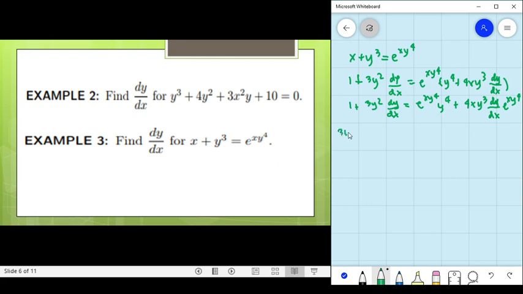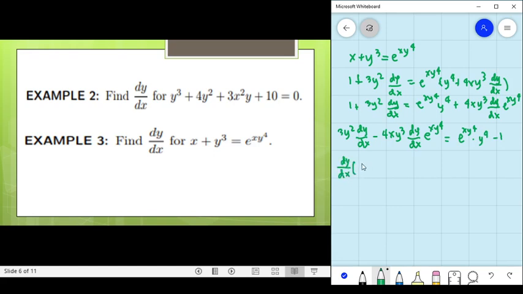So, 3y squared dy over dx minus 4xy cubed dy over dx e to the xy to the fourth is equal to e to the xy to the fourth times y to the fourth minus 1. Okay, then extracting